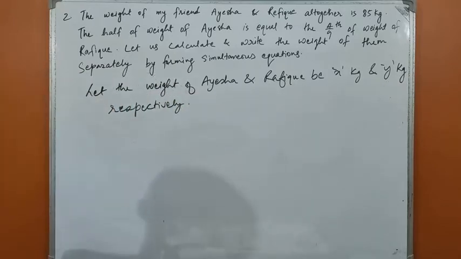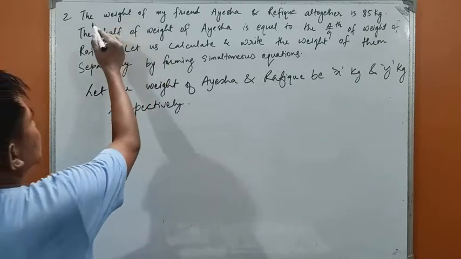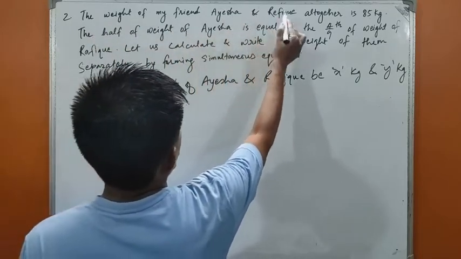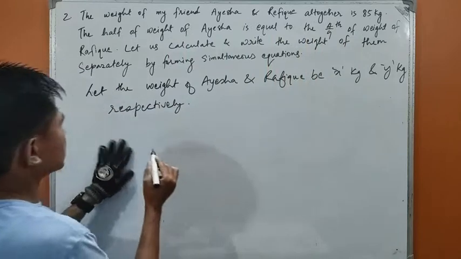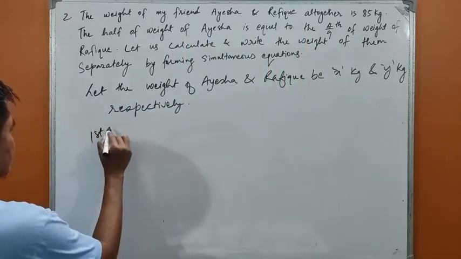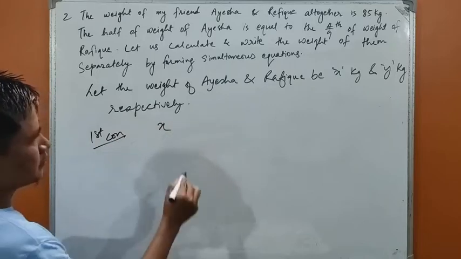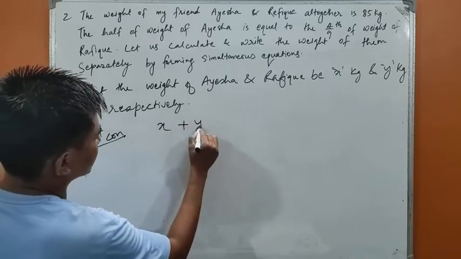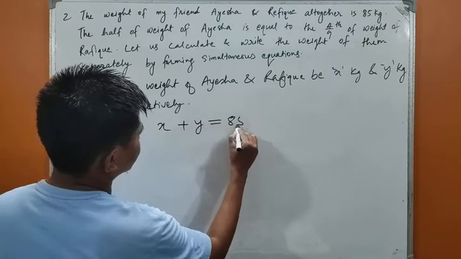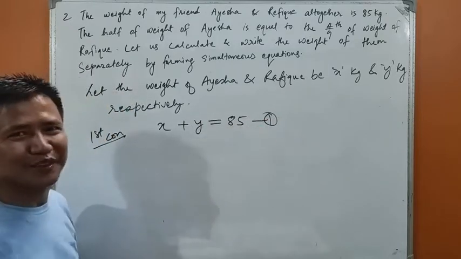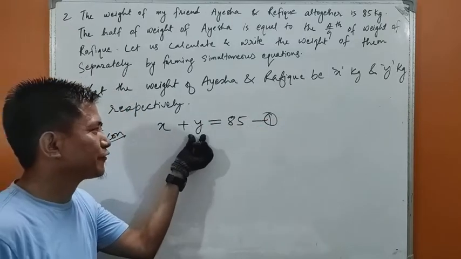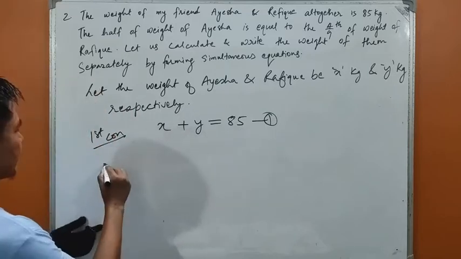Okay, now the first condition is the weight of my friend Aisha and Rafiq altogether is 85 kg. Means first condition, okay, first condition is weight of Aisha is x kg plus weight of Rafiq is y kg. Total weight is 85 kg, isn't it? This is very, very simple, isn't it? Weight of Aisha plus weight of Rafiq equals 85 kg. So second condition is